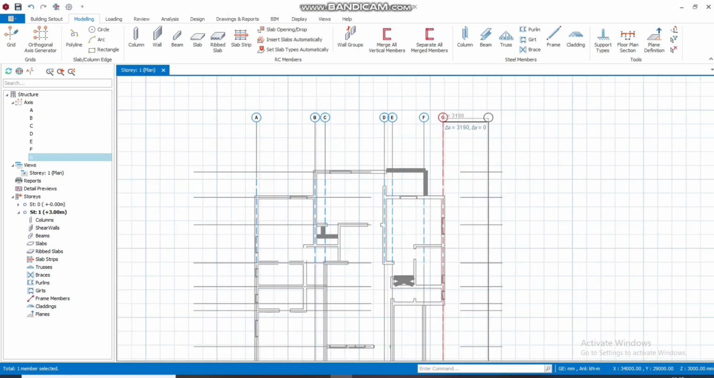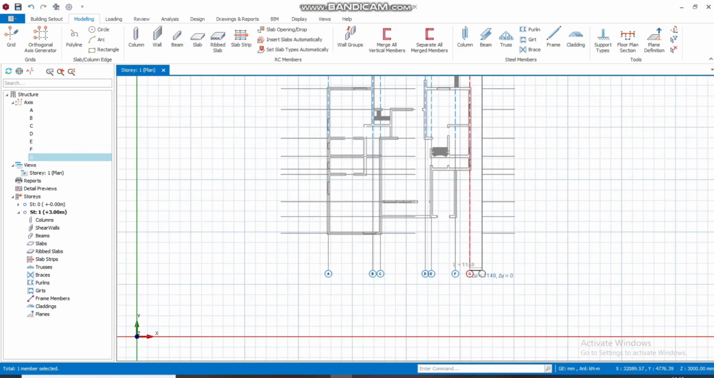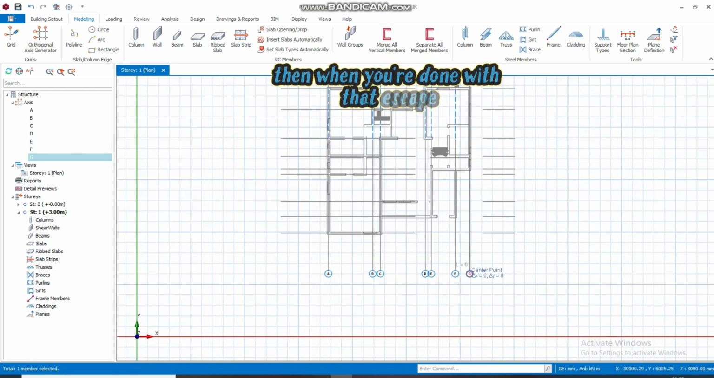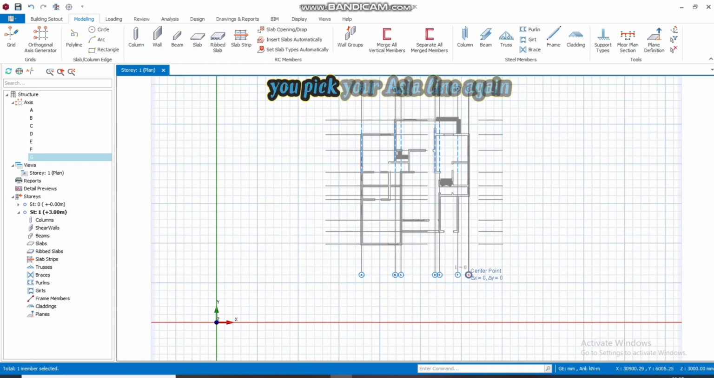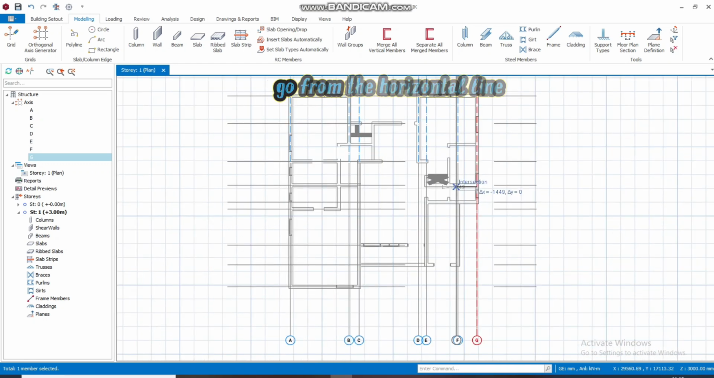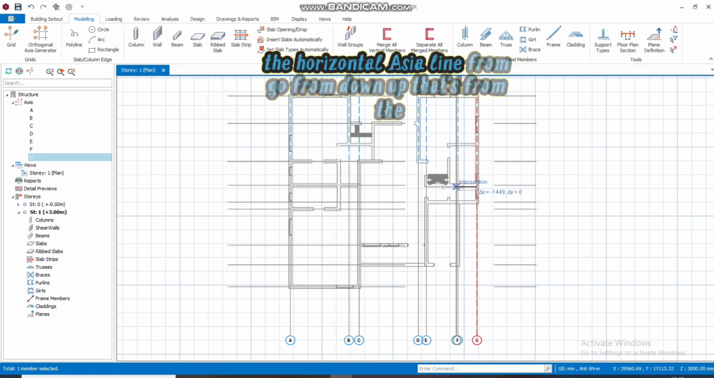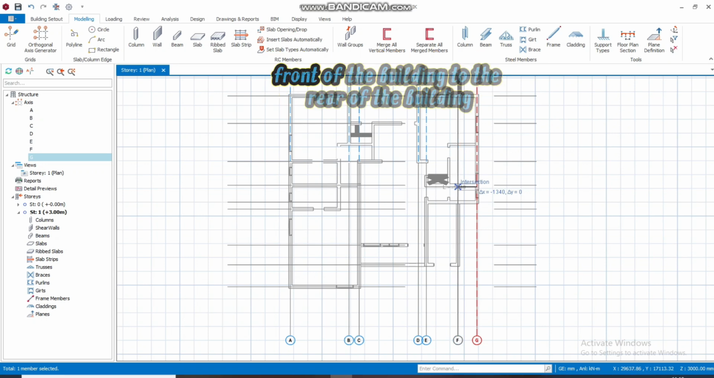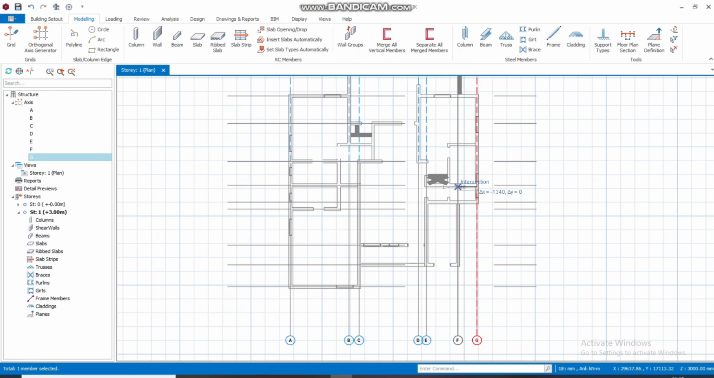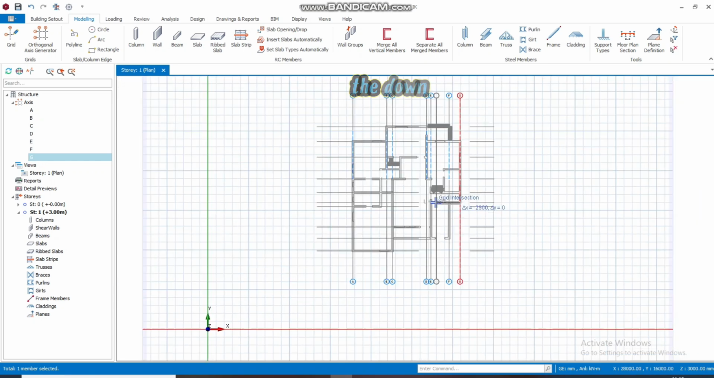horizontally, taking vertical lines. Then when you're done with that, escape, you pick your axial line again, and from the horizontal axial line, you go from down up, that's from the front of the building to the rear of the building. So we are going to pick our axial line, pick it from the down,